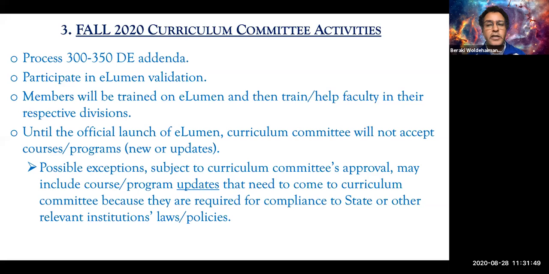There will be many new terms that we will learn in eLumen that never existed in ECD. Therefore, curriculum committee members will be key in either training or helping out faculty members when they fill out eLumen for course updates or new creation of courses. And finally,